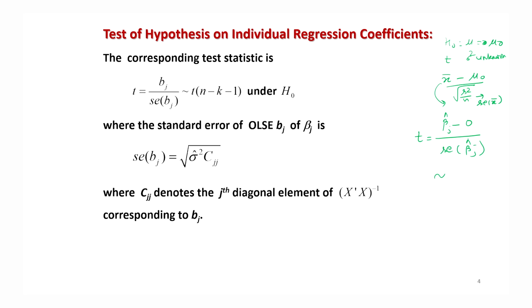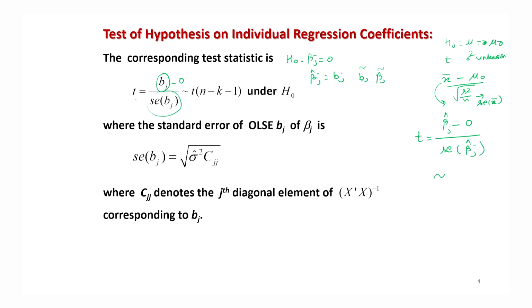This is the job which we try to learn in our undergraduate and postgraduate programs in statistics, but here I am going to give you the final conclusion. If you want to test the hypothesis H naught: beta j is equal to 0, suppose beta j has been estimated by the ordinary least square estimator bj. That can be the maximum likelihood estimator also, because OLSE and MLE of beta are the same. So, you try to estimate it by bj minus 0 divided by the standard error of bj.